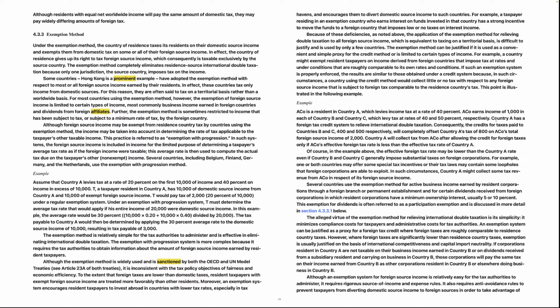Country A has a foreign tax credit system to relieve international double taxation. Consequently,